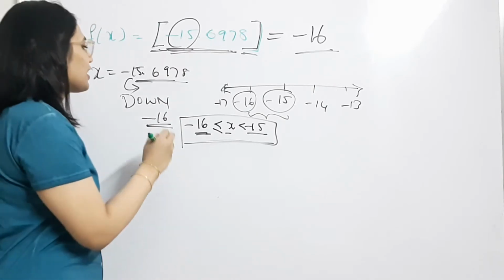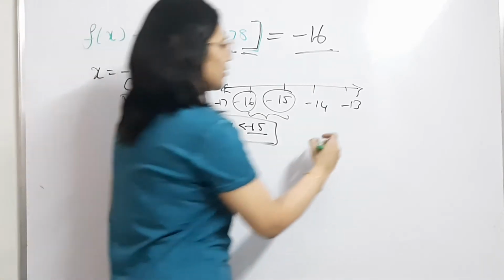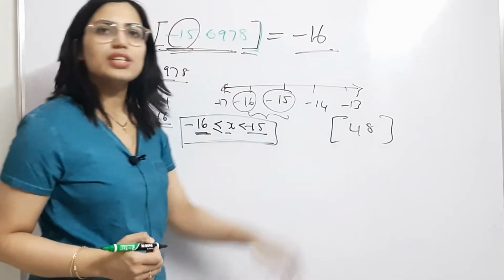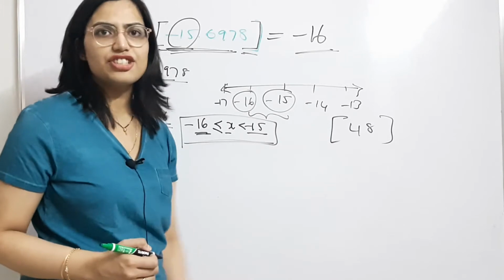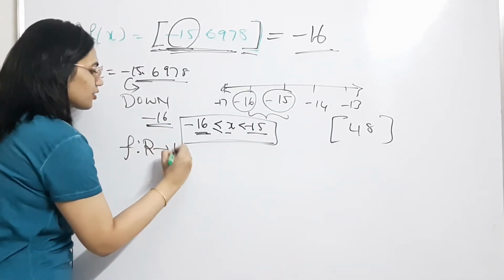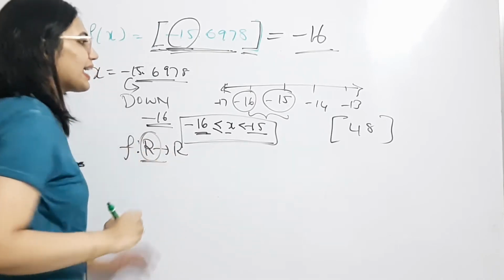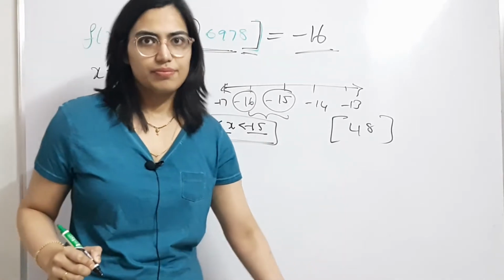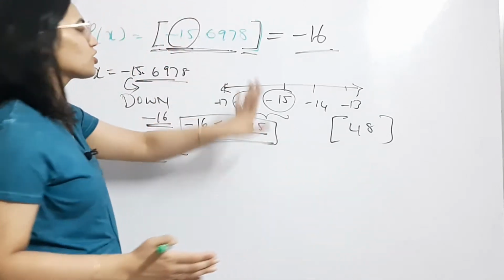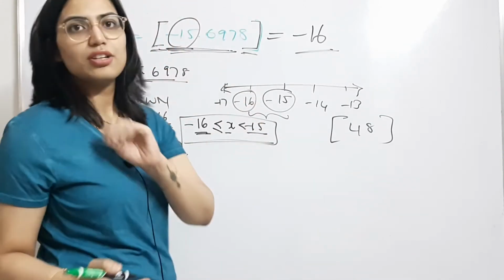However, suppose I give you an example, say, what is the step of 48? What will you say? It is a plain integer, right? If you remember, we've defined this function as a function from R to R. So here, x can be any real number, right? Integers are a part of real numbers. Decimals are also part of real numbers. Negative numbers are part of real numbers.